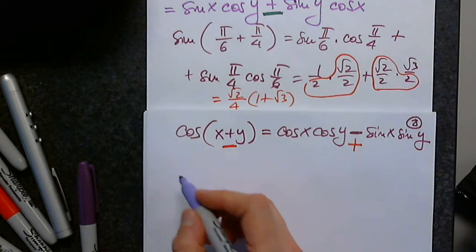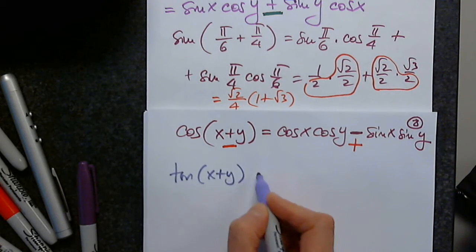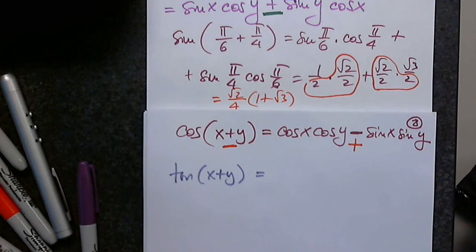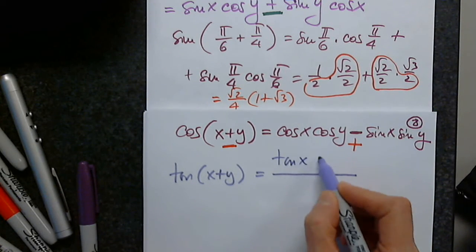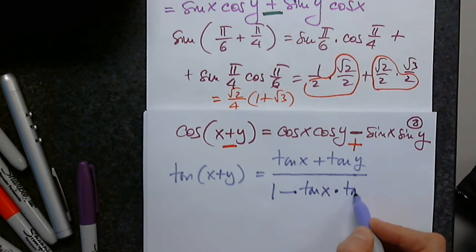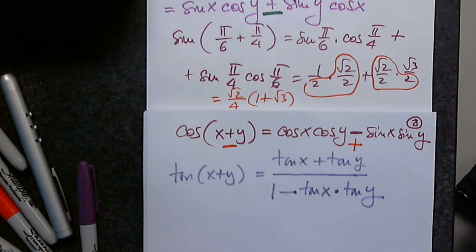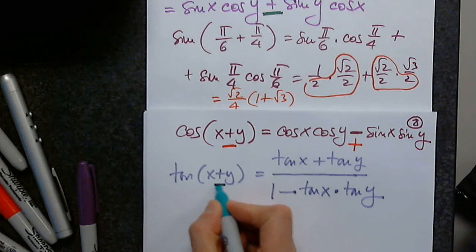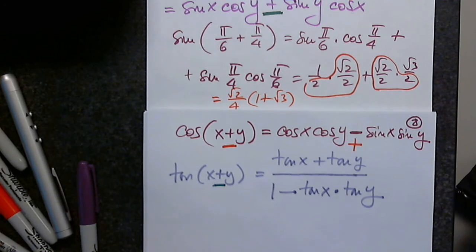And the last one is for tangent. Tangent of the sum is a ratio. The top is tangent x plus tangent y. And the denominator is 1 minus their product, minus tangent x times tangent y. And, what do you think will happen when we want to find tangent applied to a difference of angles? And the bottom will be,